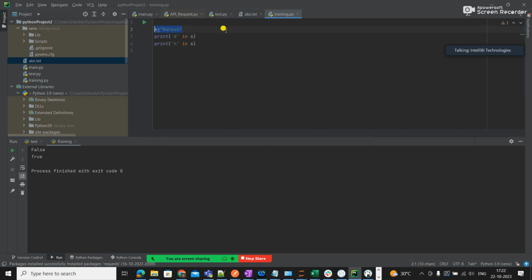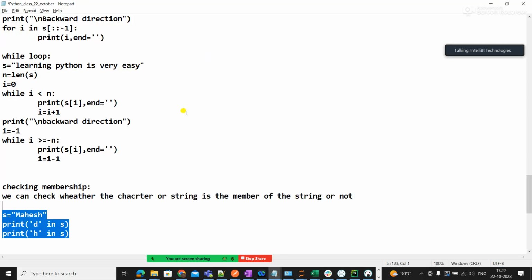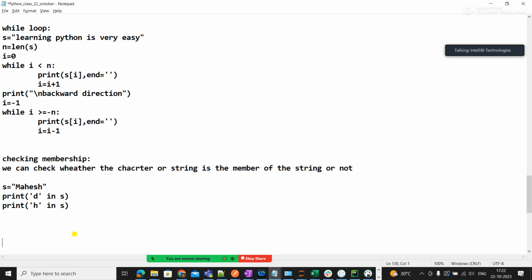Okay, so same thing I want to convert to a program, where you give any string. So what should happen? If it is there, it has to tell the string is there. If it is not there, it has to say the string is not there. So write a program. I will only show you because it does not have much logic. I don't want to give something which does not have logic. Write a program to check